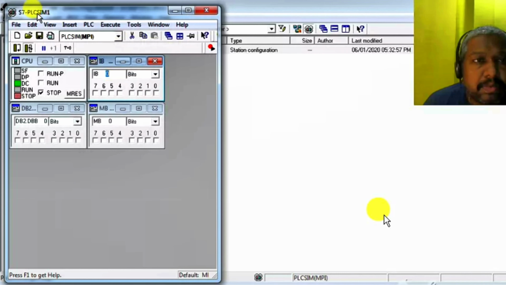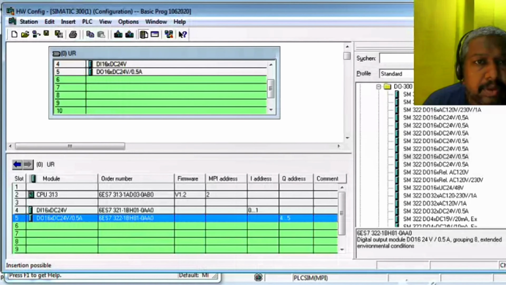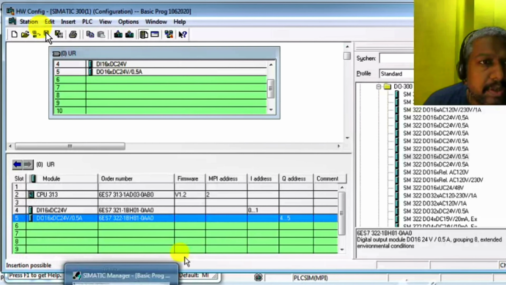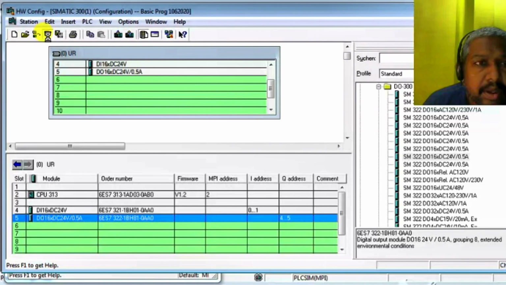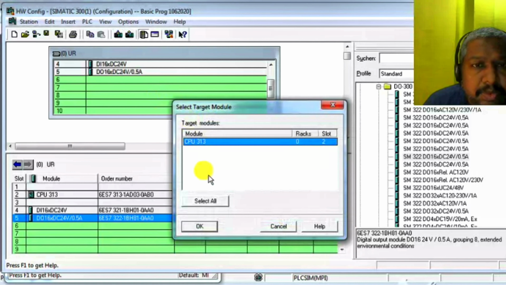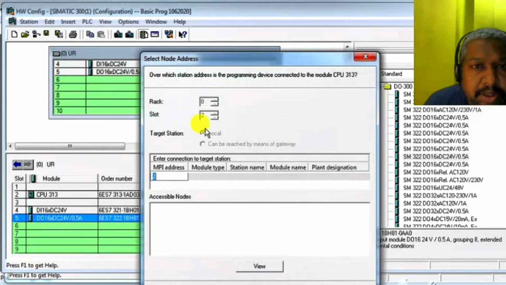Now go to the hardware window, save the hardware. Save complete. Now download the project. This is CPU 313. This is the MPI address.